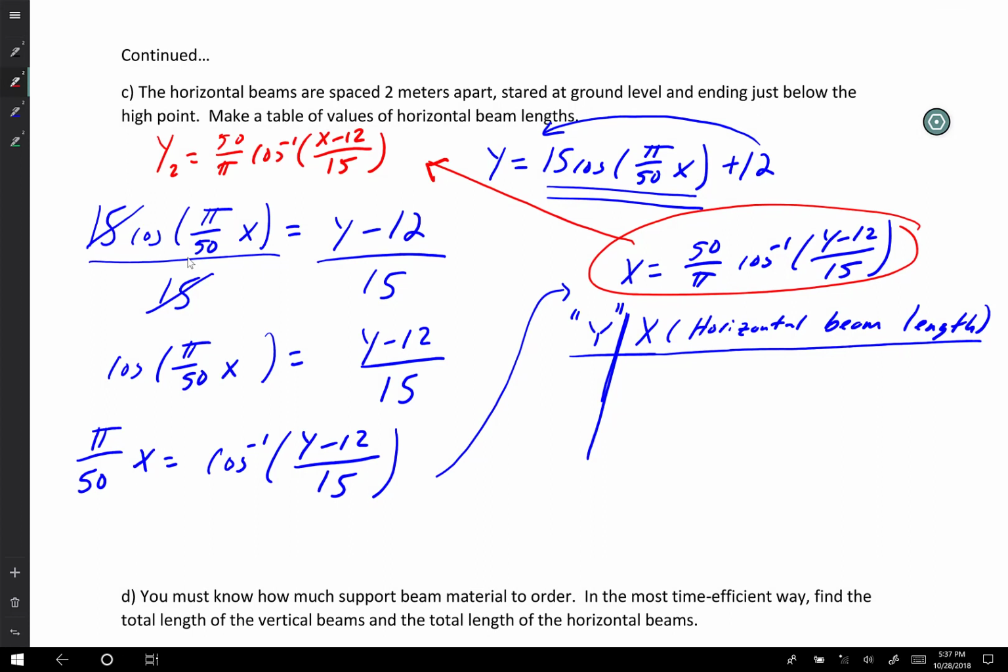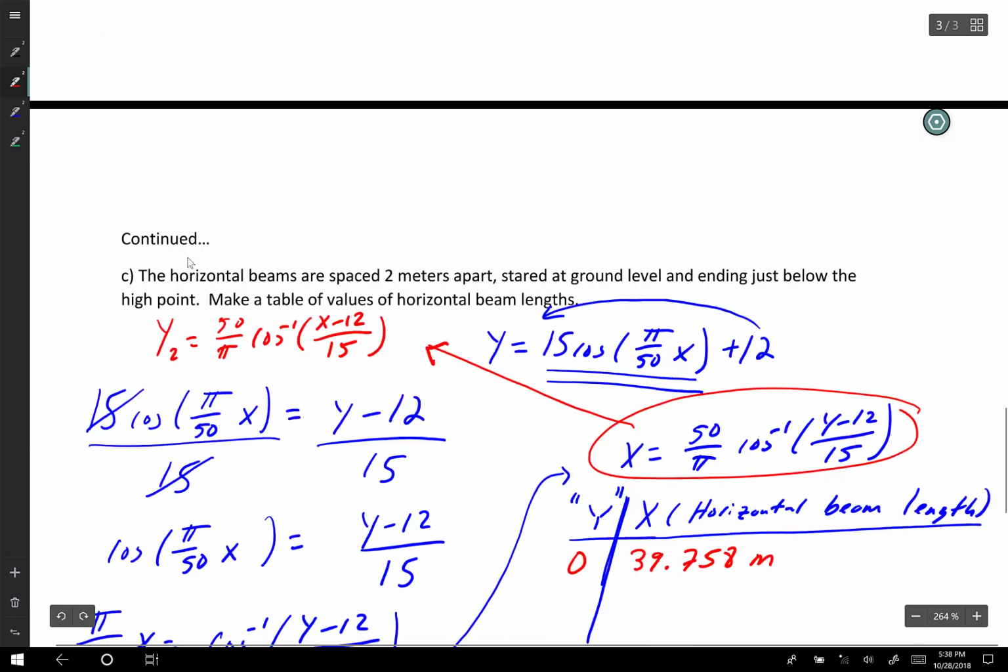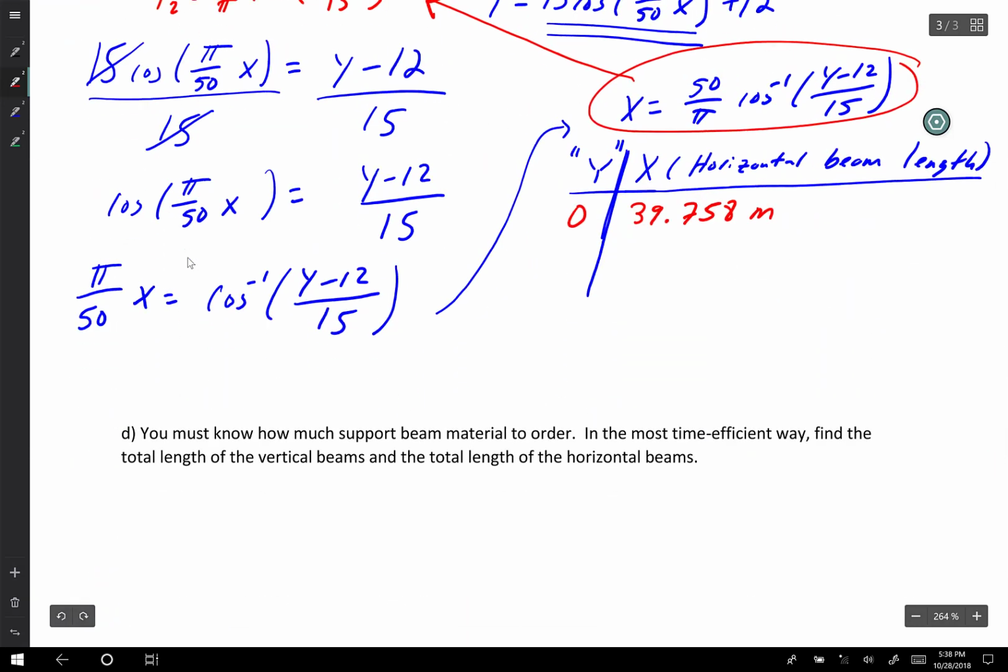At 0, it says 27. Well, no, at 0, it says 39.758. Sorry about that. 758 meters. And it makes sense because I think that's when you start going underground. The other one, I think when we did our x values here, we went all the way to 38 because at 40 it was already in the negatives. So yeah, perfect. All right,